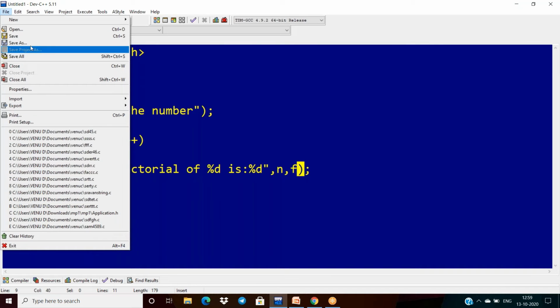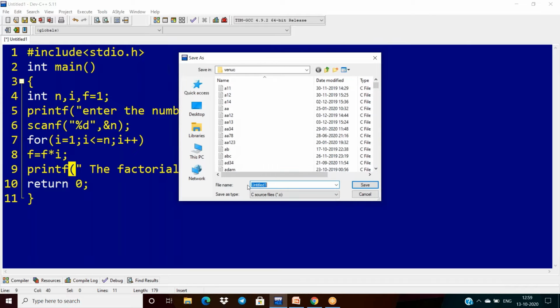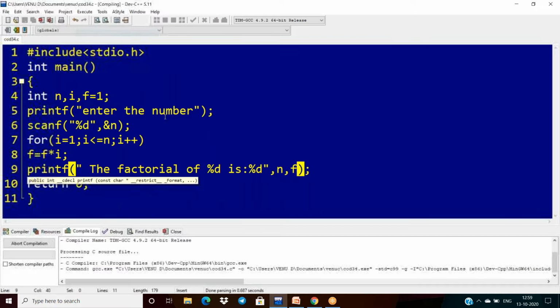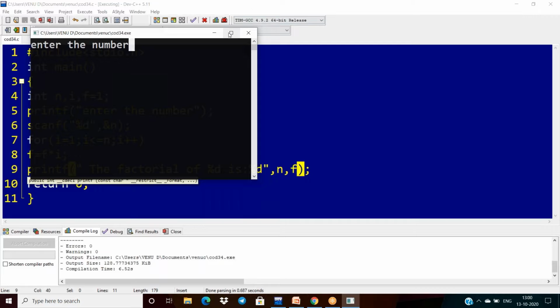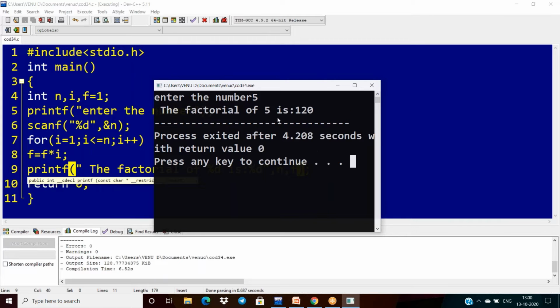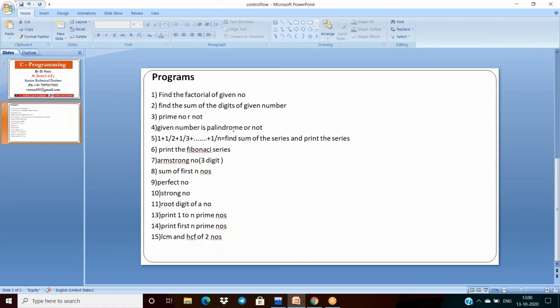You can now save the code, then compile and run it. It will ask for input, enter the number, and I'm giving 5. So now the factorial of 5 is 120. Now the first one is finished.